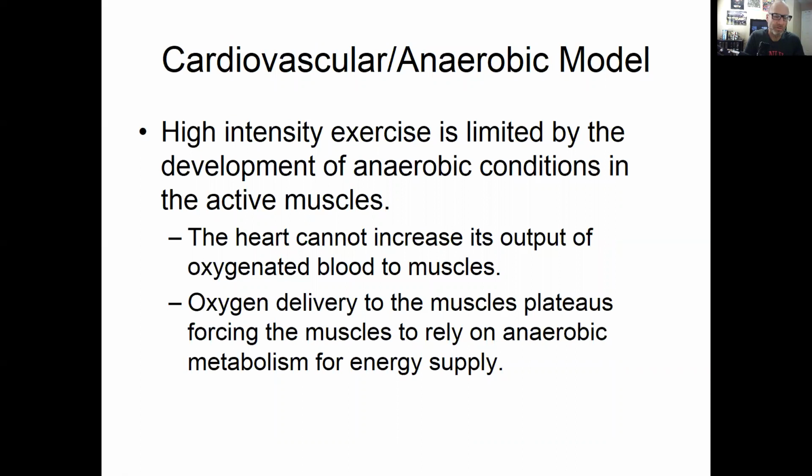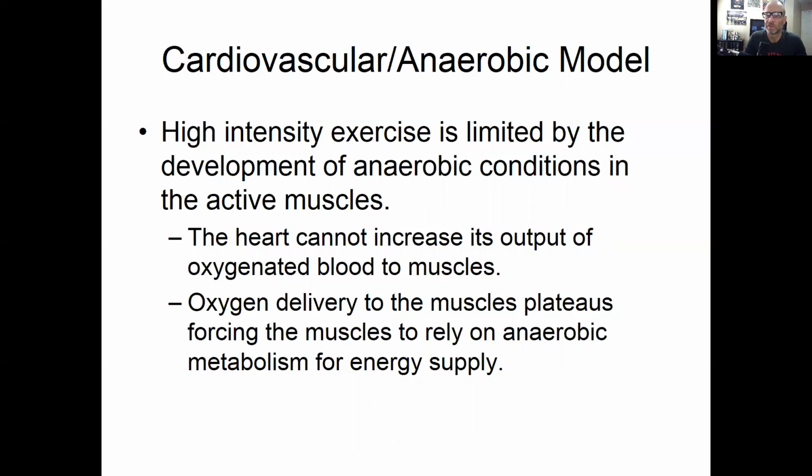So what Noakes does in this chapter is he really introduces some models. And these models are a way to explain physiological events as well as performance events. And one model that he continues to come back to throughout the textbook is called the cardiovascular anaerobic model. What this model stipulates is that high intensity exercise is limited by the development of anaerobic conditions to active muscles, right? Sometimes Noakes will refer to this as the classic model of exercise physiology,